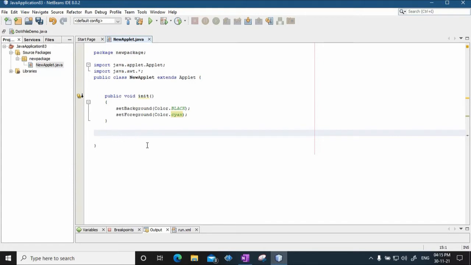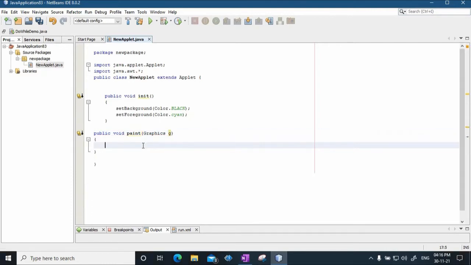Now let's write our public void paint method, in which we will have our graphics object g, and let us write the code here. The very first thing that we are going to do is see how lines can be drawn.